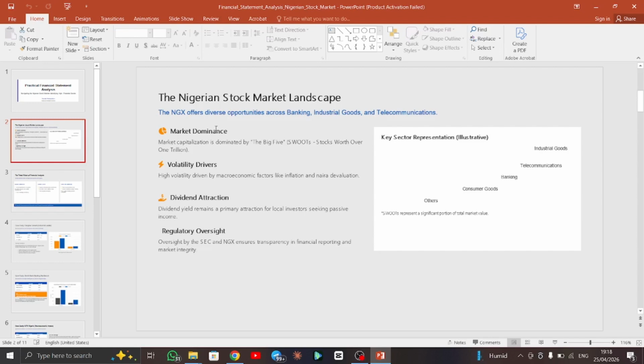This opportunity cuts across different sectors in the economy, from the banking sector to the industrial sector, the construction sector, the telecommunication sector, and the rest of them. The Nigerian stock market is filled with a lot of opportunities that as an investor you cannot